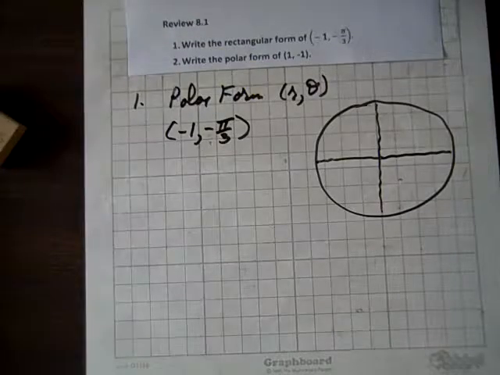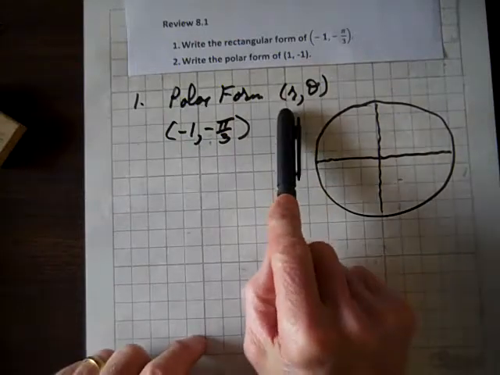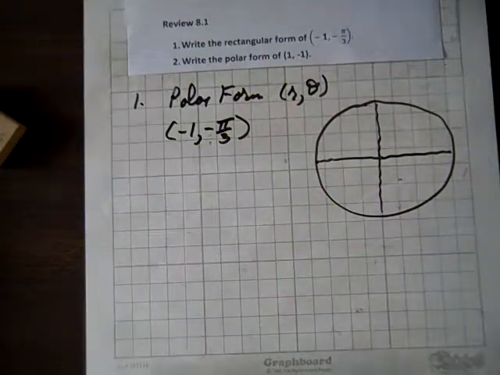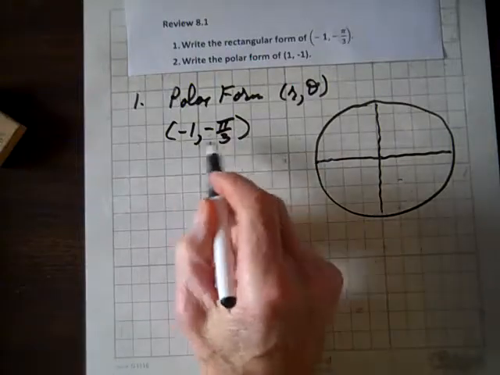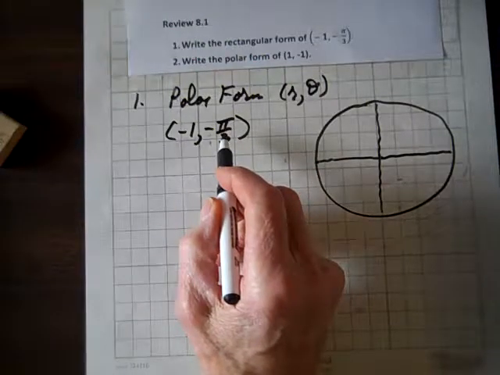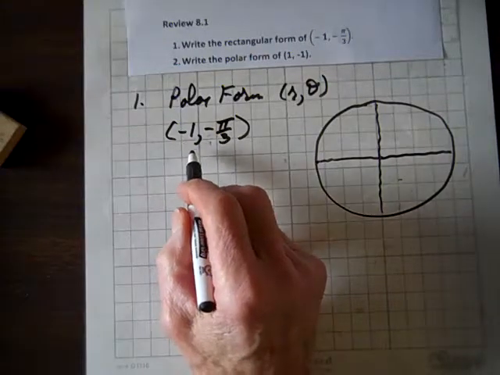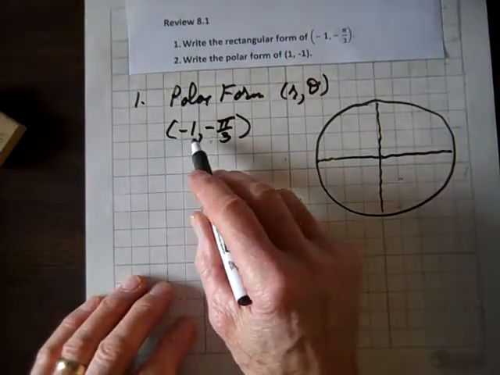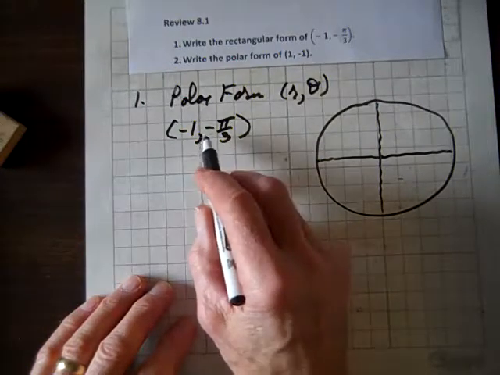Well, now we're doing the review for section 8.1. And as you know, polar form has the form (r, theta). And what's the alternative? Well, it's rectangular form. So we have this polar form, and we're going to rewrite it in terms of rectangular form. So it says, let's see, we've got a radius of -1 and actually the radius is always positive,